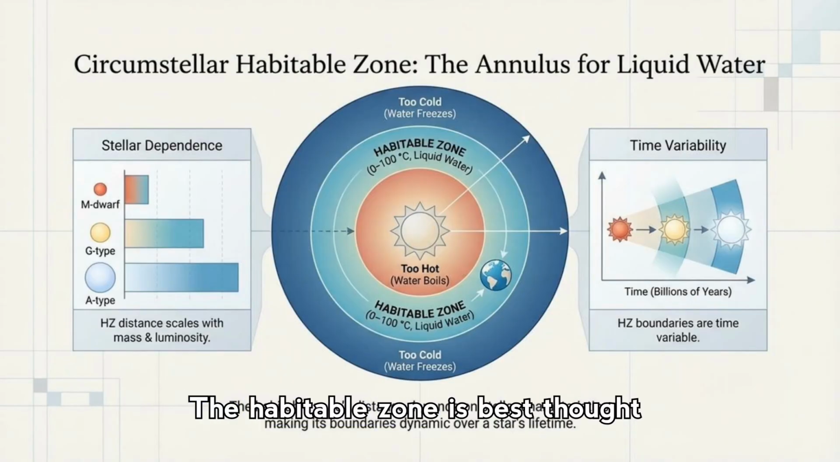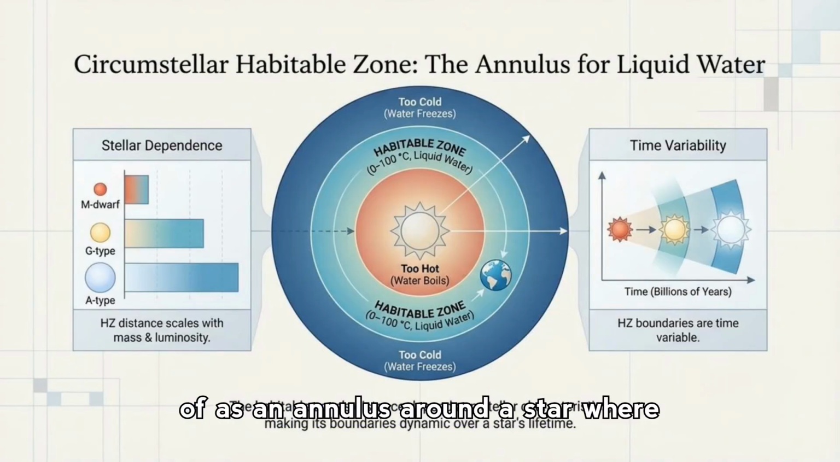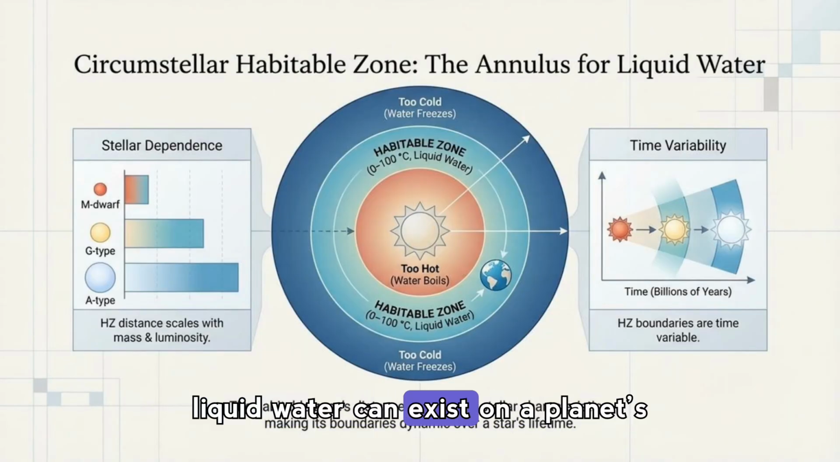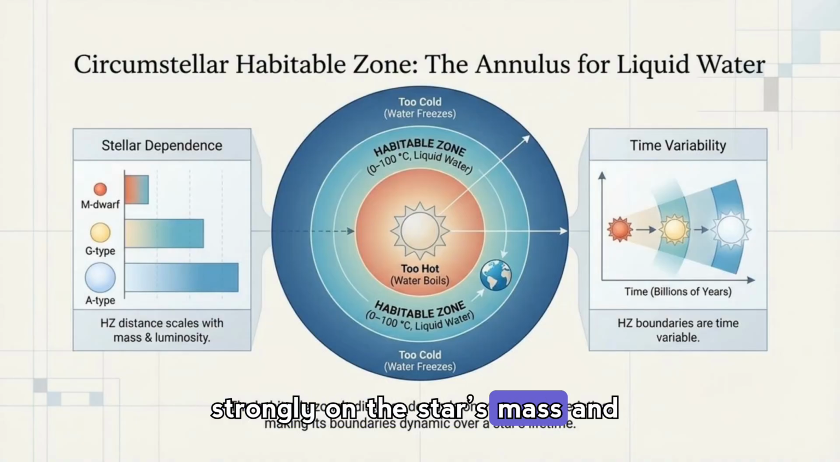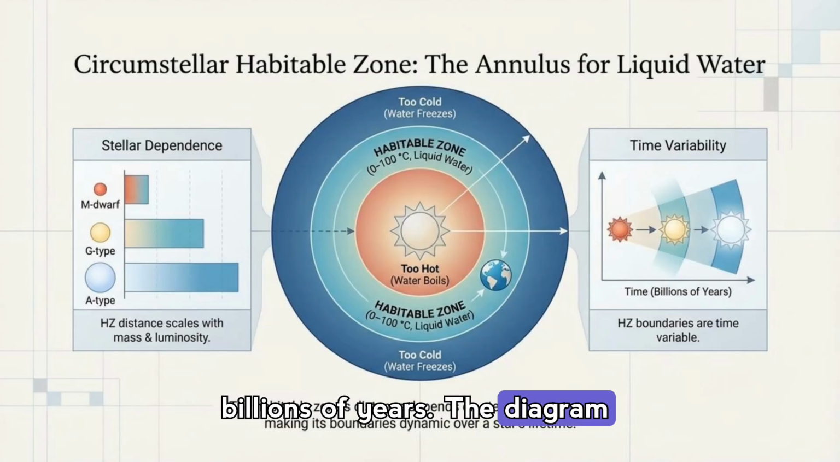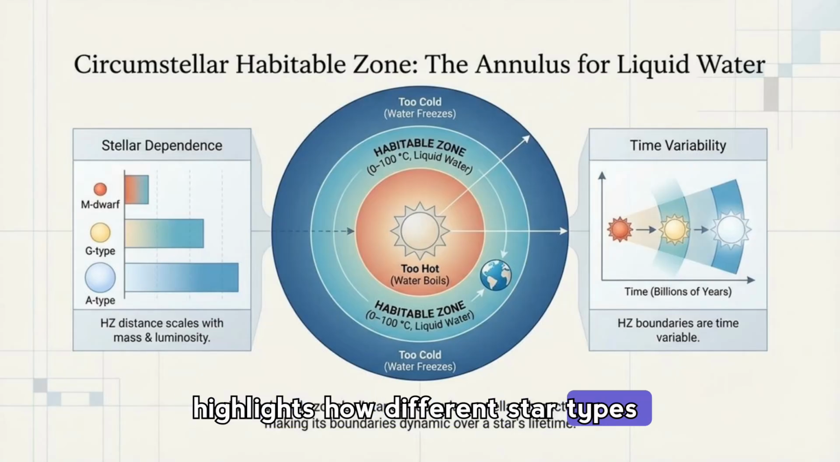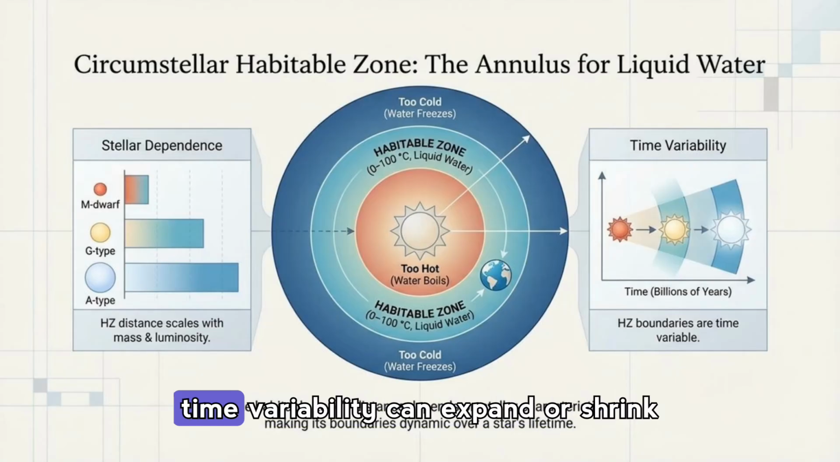The habitable zone is best thought of as an annulus around a star where liquid water can exist on a planet's surface, but its position depends strongly on the star's mass and brightness, and even shifts over billions of years. The diagram highlights how different star types change the zone's width, and how time variability can expand or shrink the